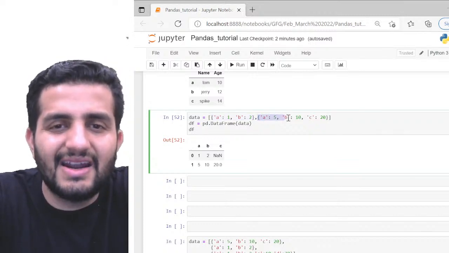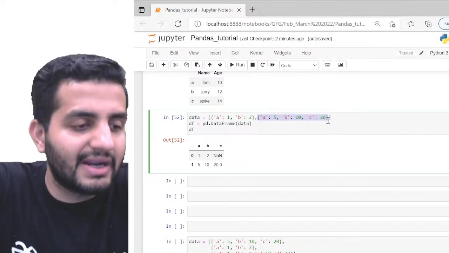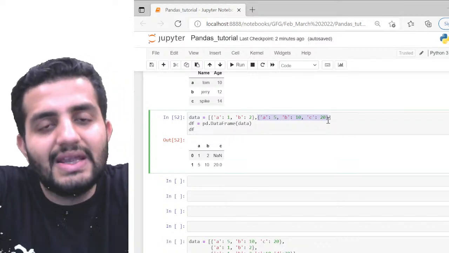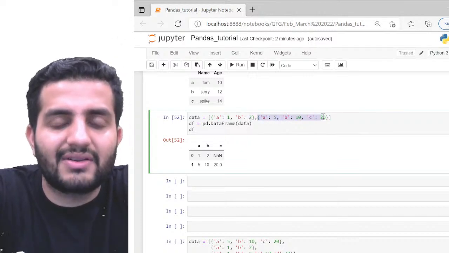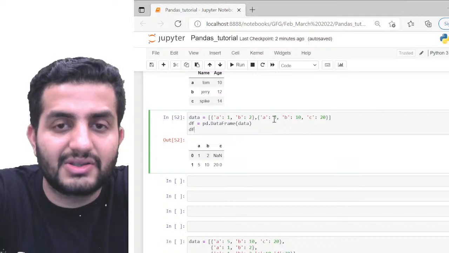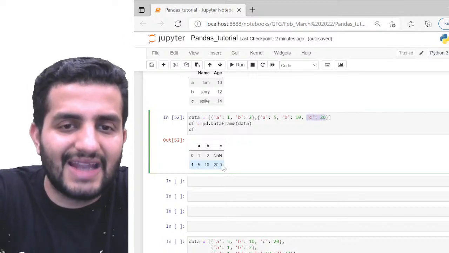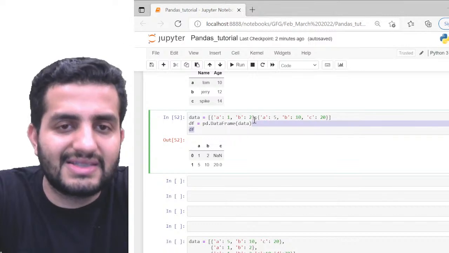But in the second case, I'm passing a list of dictionaries now. So this is the third way of creating my data frame. In the first dictionary, I have a single element, so this is my first element, first row, right? And then I'm adding another dictionary where I have another set of elements: A is 5 and B is 10. I'm also adding another argument, C is 20. So C is 20 is getting added here, but unfortunately I do not have anything in C for my first dictionary.